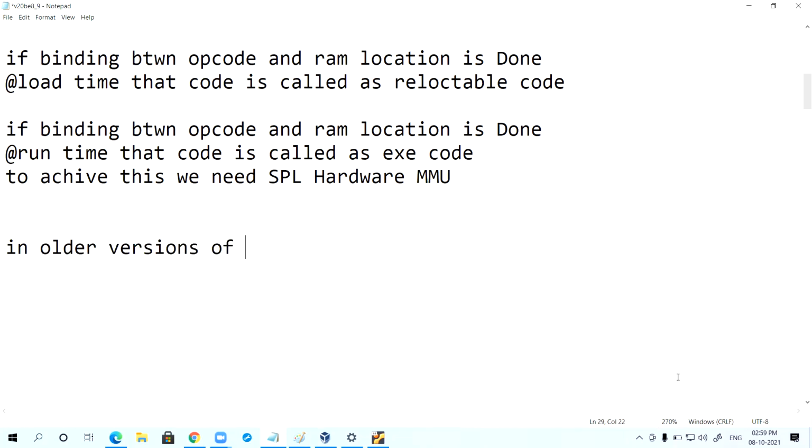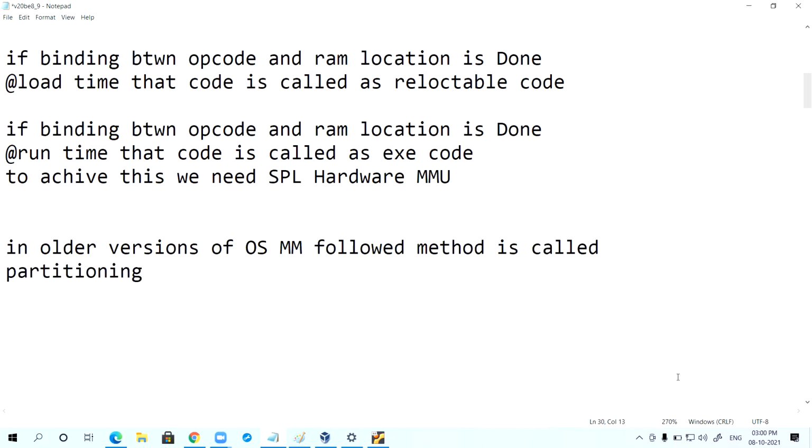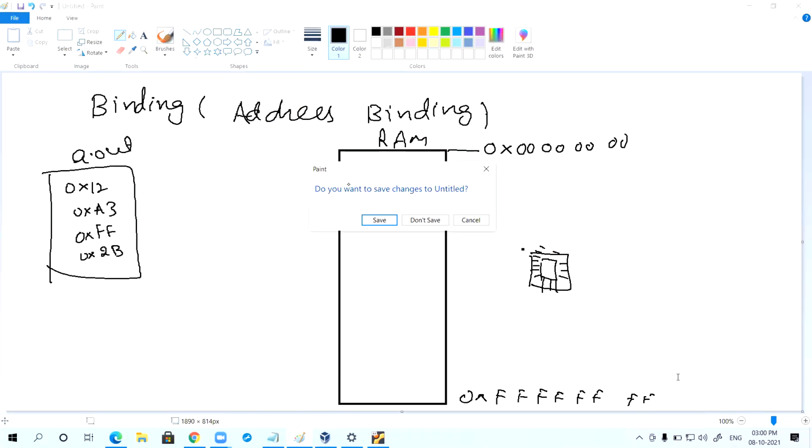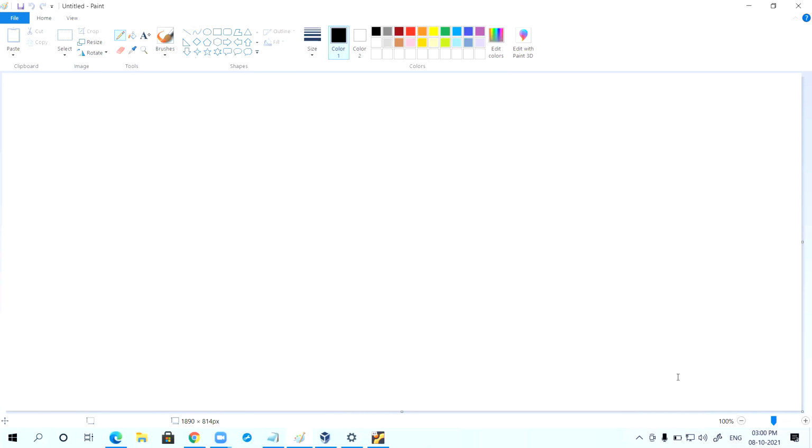There are three types of partitioning: fixed equal size partitioning, fixed unequal size partitioning, and dynamic partitioning.